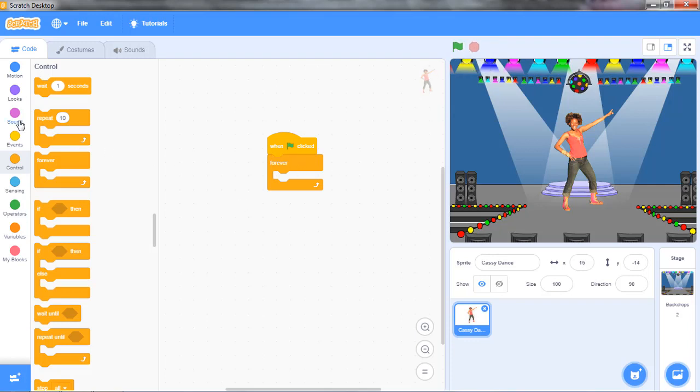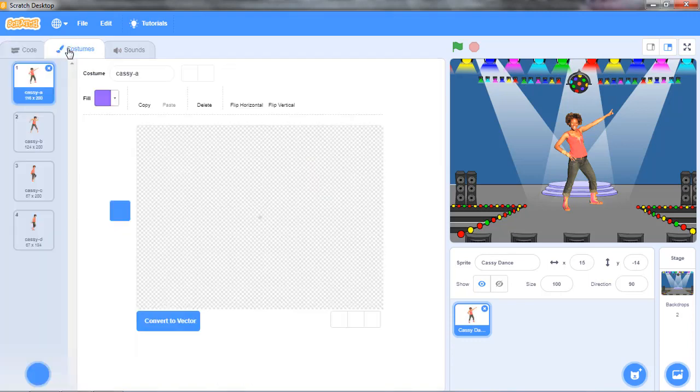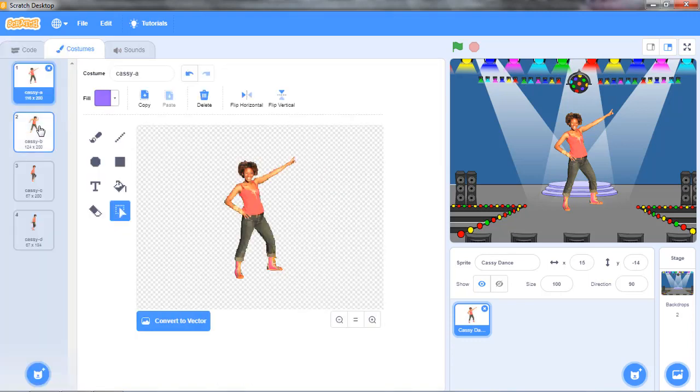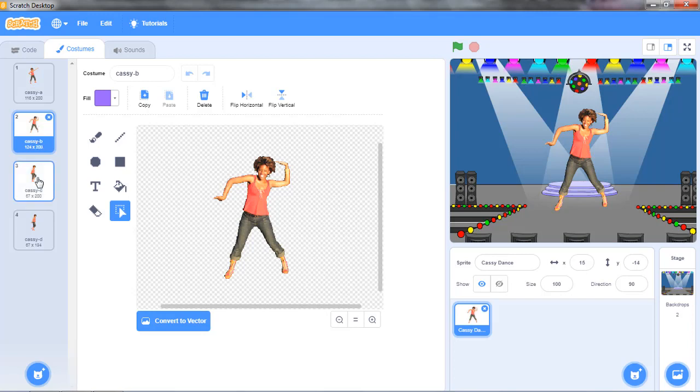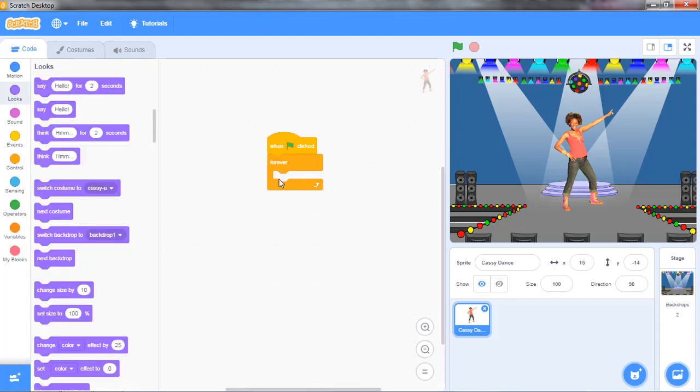And inside I want to see the costumes for this character, so this one, this, and this. So when it's starting this loop, I want to switch costume to the first position, so Casey A, the first one,